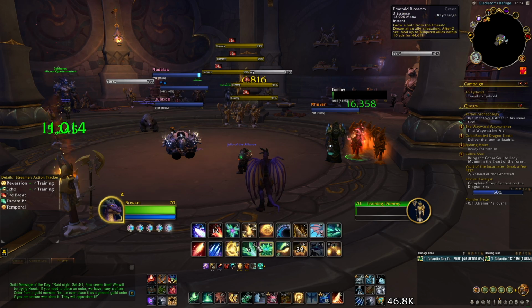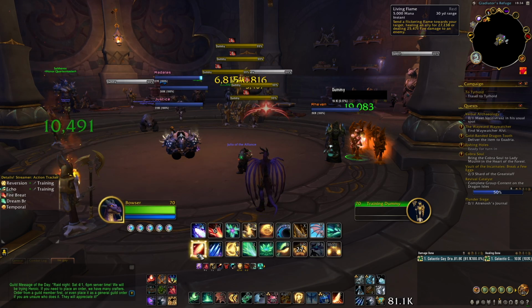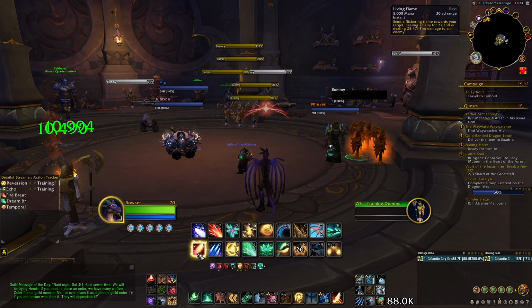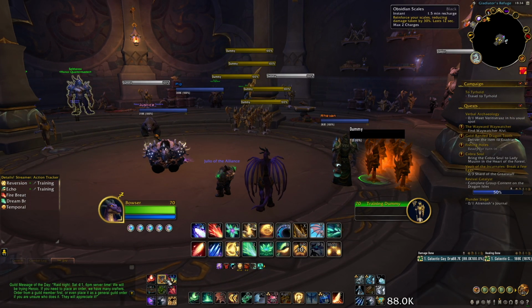Using Echoes with Verdant Embrace and Echoes with Reversions and even Echoes with Living Flames is a great way to heal people that doesn't cost massive cooldowns. So make sure you're using that plenty of times to heal 1, maybe 2 targets at a time, 3 if you're spicy with it. One other massive tip for all of you before we go for today is Obsidian Scales